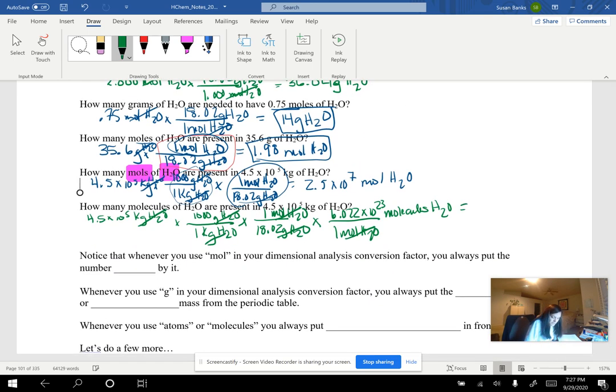So mathematically, this is what we're going to do. We're going to take 4.5 times 10 to the 5th. We're going to multiply it by 1,000. We're going to divide by 18.02. Then we're going to multiply by 6.022 times 10 to the 23. Now, once again, I only have 2 significant figures that I can report. So when I do that, I am going to get this. I will get 1.5 times 10 to the 31st molecules